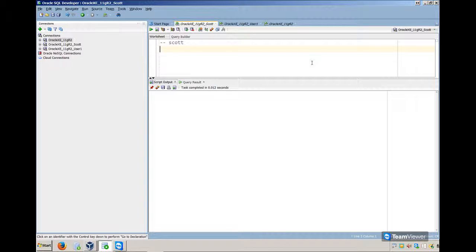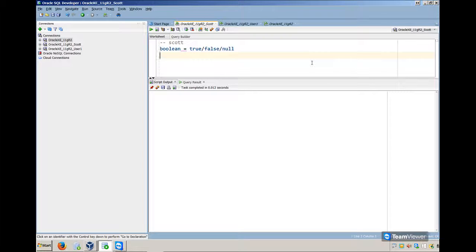Let's say, for example, one such data type is Boolean. Okay, Boolean will accept true, false, or null. These are the three values Boolean will accept. Okay, this is an extra special data type